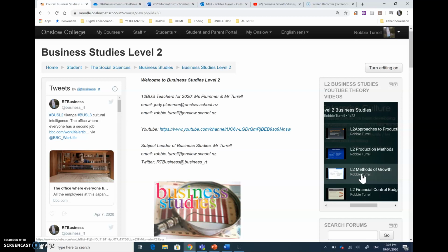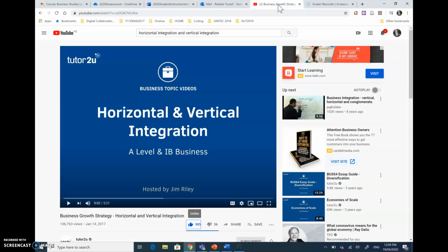And so what I would like us to do for today's session, and going on for this week, is if you haven't already done it, please go back and review the whole idea of organisation structures, the way that organisations manage themselves in terms of departments, and please have a look at these methods of growth. Added to that, what I would also like you to do, and I'll put this video up on the Teams link as well, is have a little look at